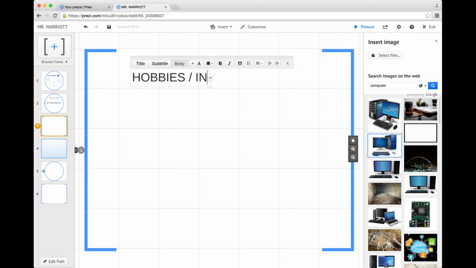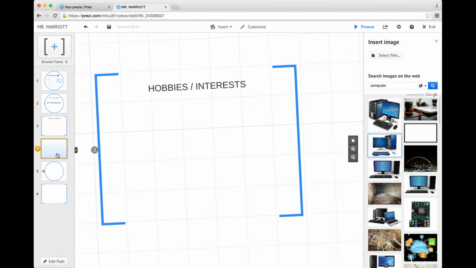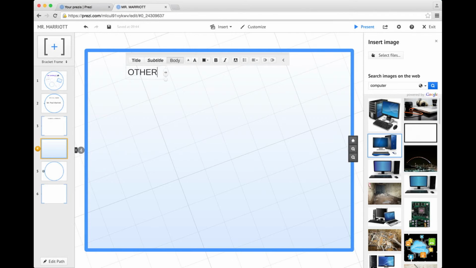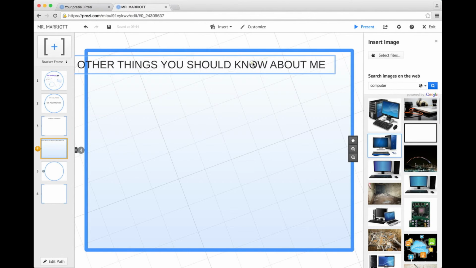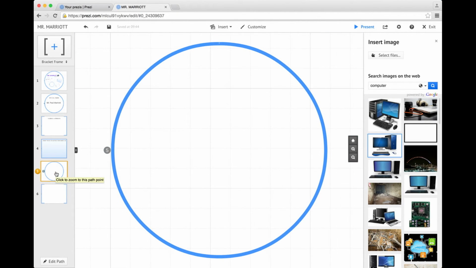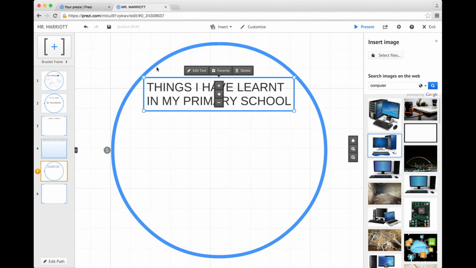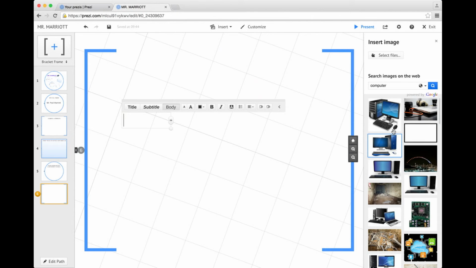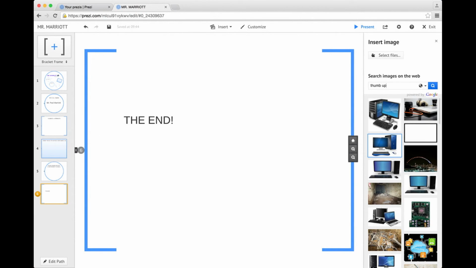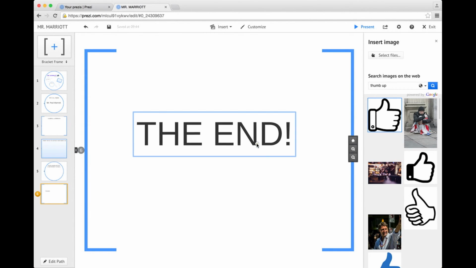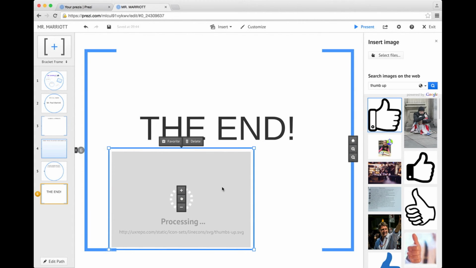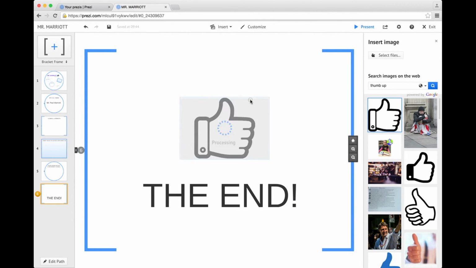So we're going to put Hobbies and Interests. And then number 4, all right, let's make that a bit bigger. All right, let's go to the next one. So I'm just adding all these different titles for different slides or different brackets. And then this one is going to be the end. And for this one, I'm going to have a thumb up. All right, so we'll just take this one and we'll put it at the top. Okay, so we're moving the